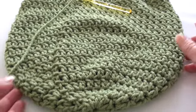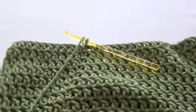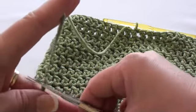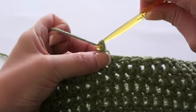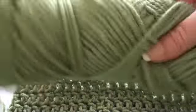Okay, so I've just finished round 18, and this is what the slouchy beanie will look like now. So we're finished with this coloured yarn, and we can cut the yarn here, and we're going to finish off. And we're finished with the 6.5mm hook too. So we can put this yarn aside